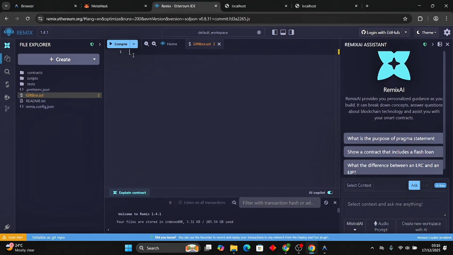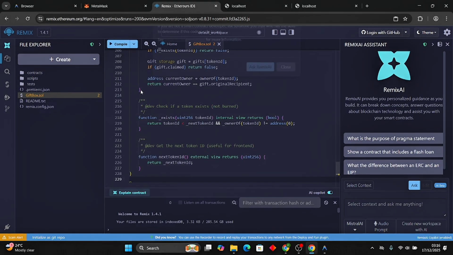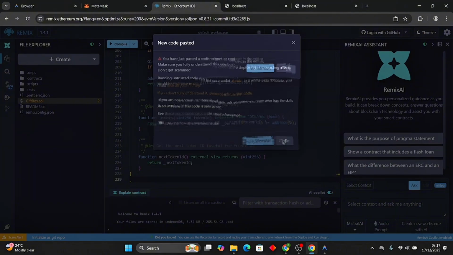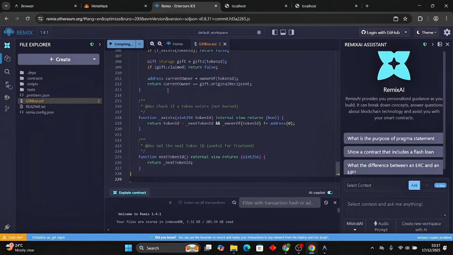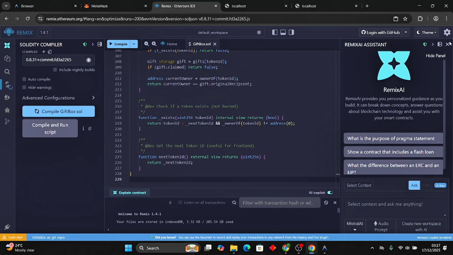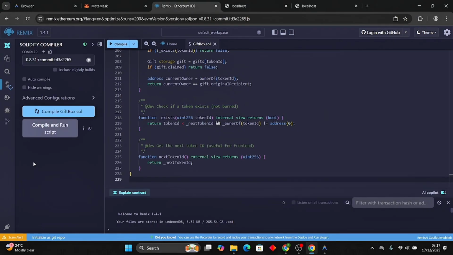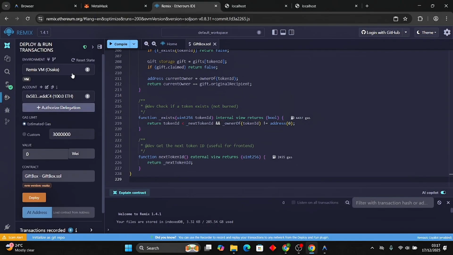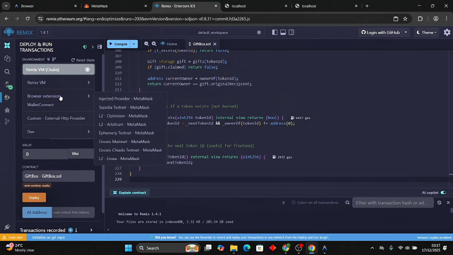We are going to paste the contract here. Yeah. So we are going to compile and see if it compiles. Okay, good. That means we are ready to go. I'm going to change this to